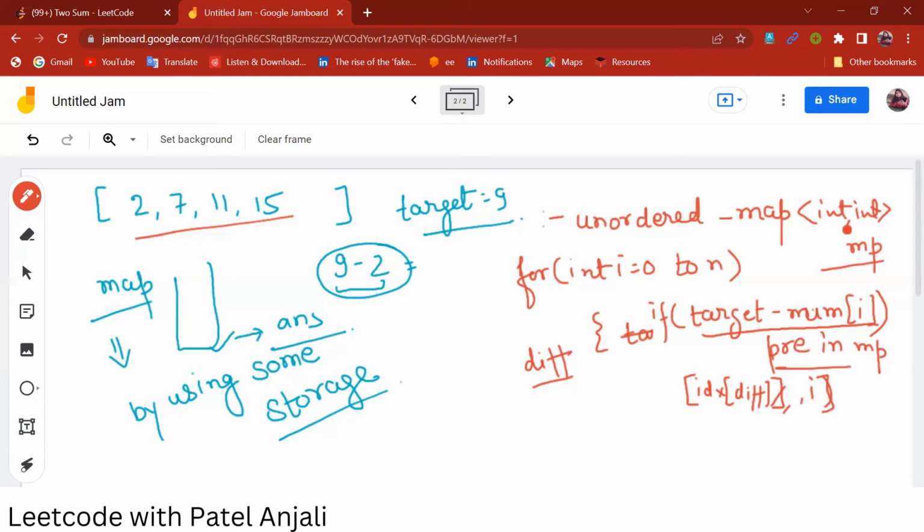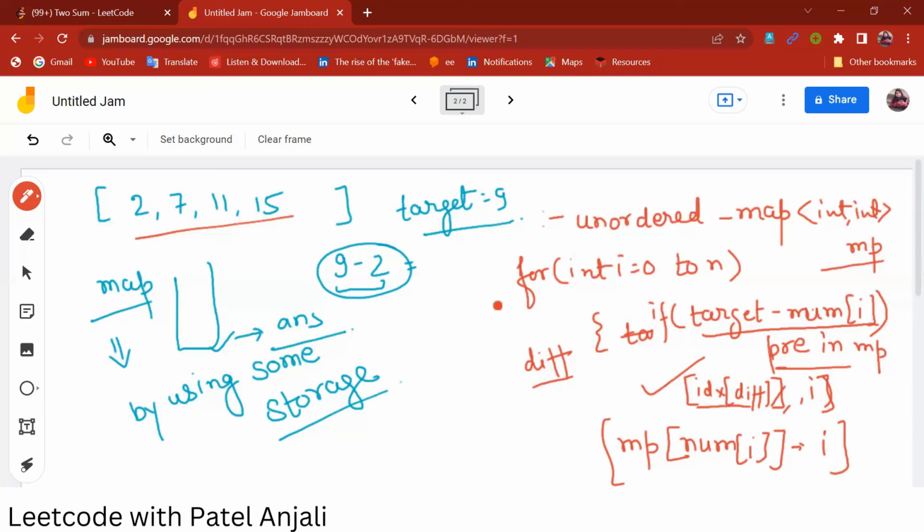Otherwise, if it is not present, we will simply store the value at this nums i position, and corresponding to that, in key-value format, we will store that index too,